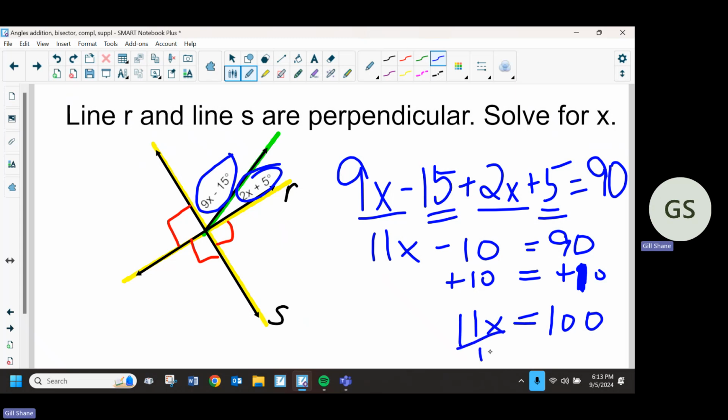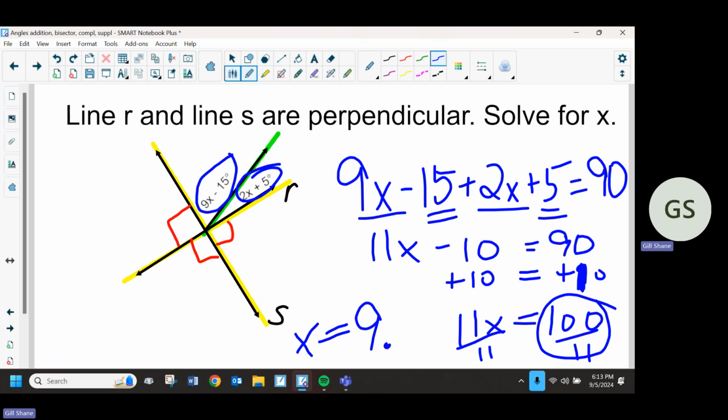Last step, divide by 11, divide by 11. So you would get 9 and 1/9, or 9.11111 forever, something like that. Really 100/11ths is fine. This is the more common way you'll actually see it on state tests and district tests. But if you like converting it,